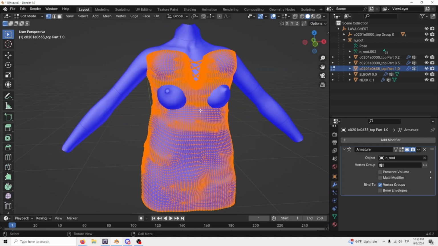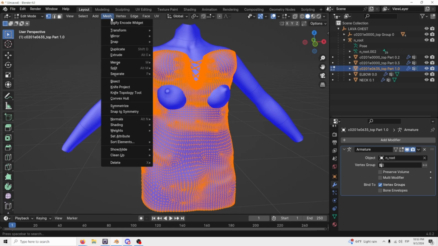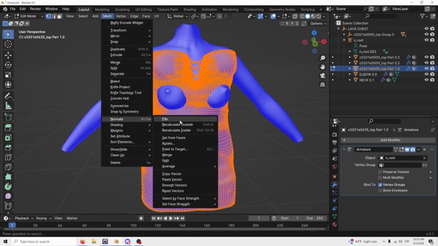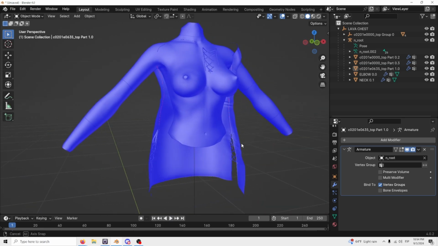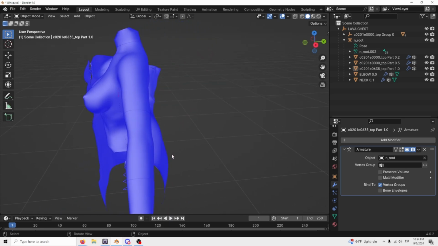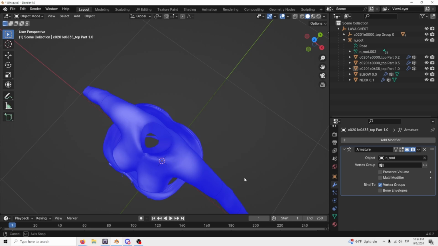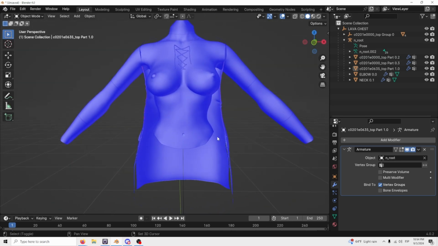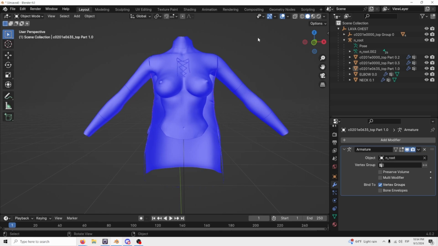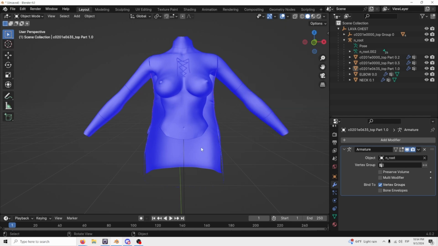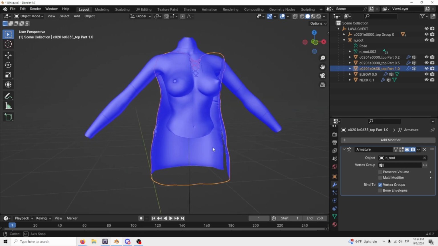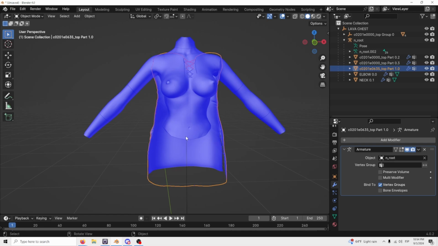If I wanted to select everything here and do mesh, normals, flip, you can see that now everything is transparent from the outside. And if I look in, now I can see the actual solid part of the mesh. So if you are having trouble with things disappearing, it is probably because of the face orientation. And you always want to make sure that the faces that are